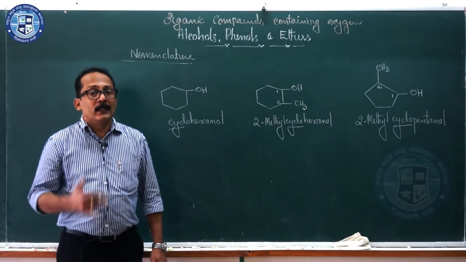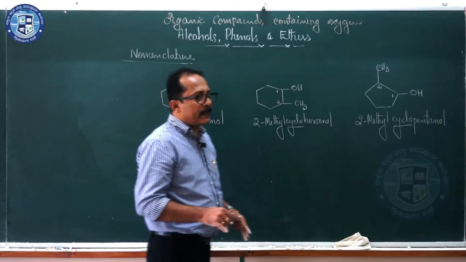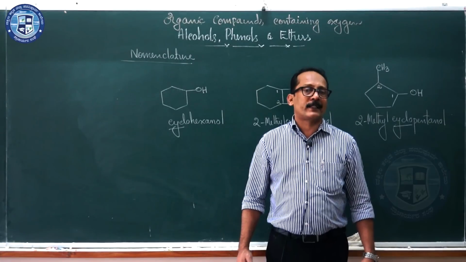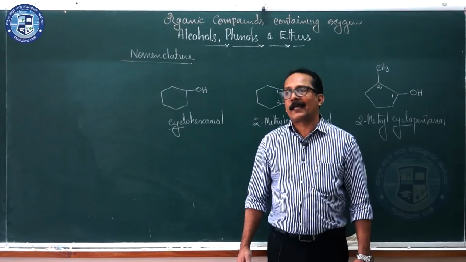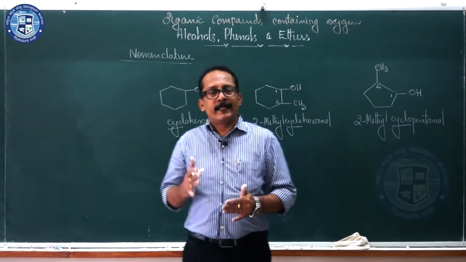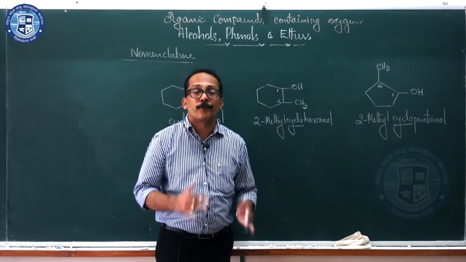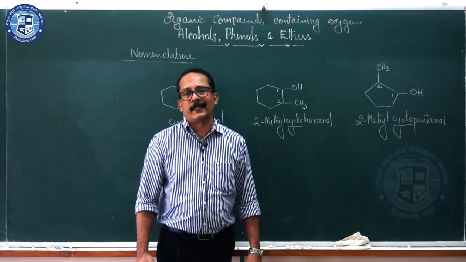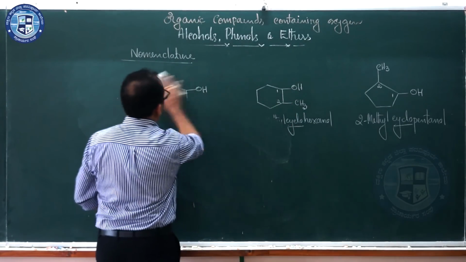Next, moving on to the structure of alcohols. Alcohols contain an OH group attached to an sp3 hybridized carbon atom, where the carbon atom undergoes sp3 hybridization. The sp3 hybrid orbital of the carbon atom overlaps with an sp3 hybrid orbital of the oxygen atom to form the carbon-oxygen single bond. Okay, so in the structure of alcohols,